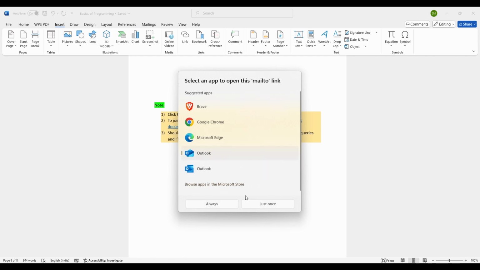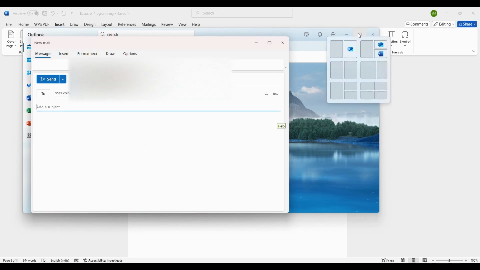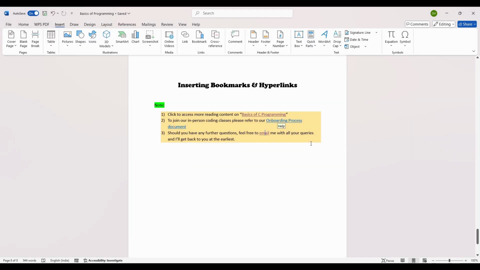So if I click on Outlook and select it just once, then what happens is it opens up my Outlook ID, and it is going to send an email from my Outlook ID to the specific email ID that I have hyperlinked inside of this document. So I can go ahead and directly start typing an email over here with my queries. This makes it easier for the person who's reading the document, and it will directly open up a new email that is being composed along with the email ID that has been hyperlinked over here,